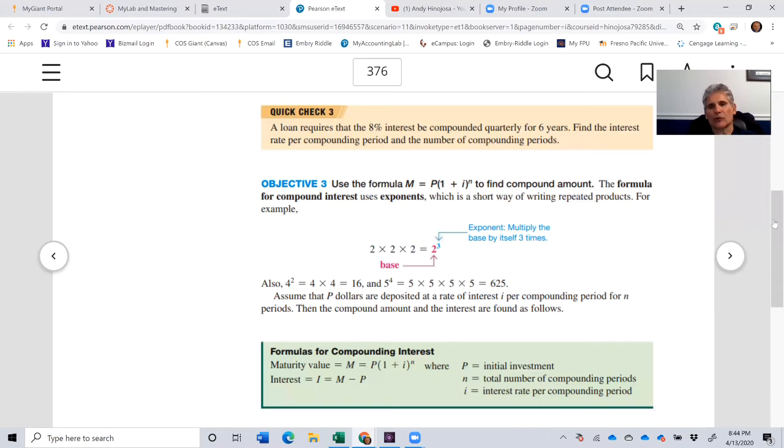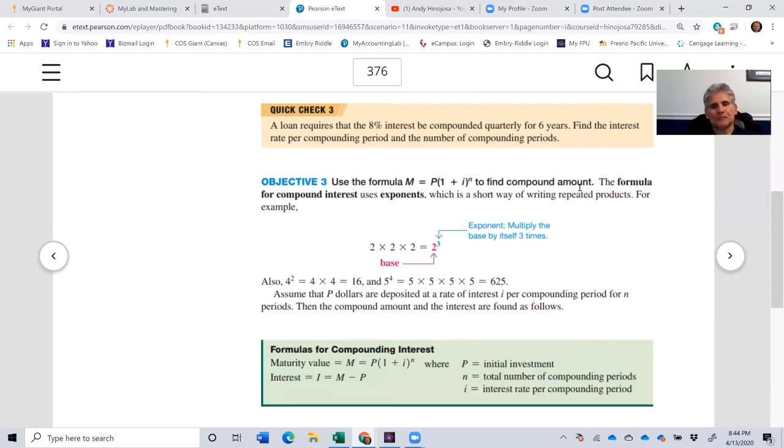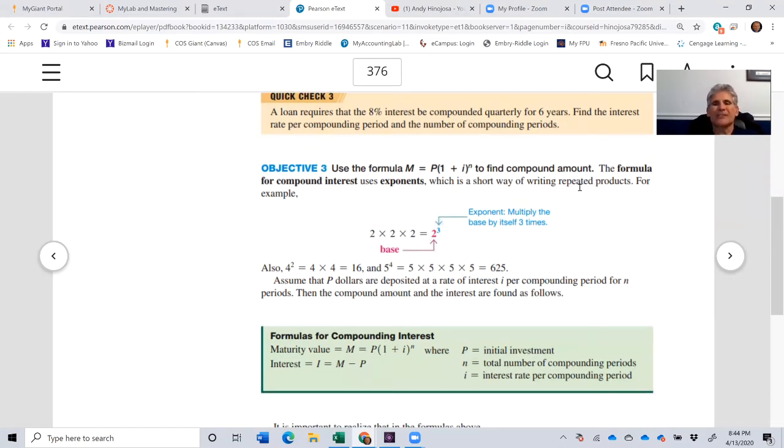Okay, before we get to the tables though, there is a formula that we can use for compound interest. It's a little bit tough. Actually, it's not that tough. It can be because you're using exponents. Especially if you're using a hand calculator with exponents on it, then it'll be easy. But in any event, the formula is M equals P, open parentheses, 1 plus I to the